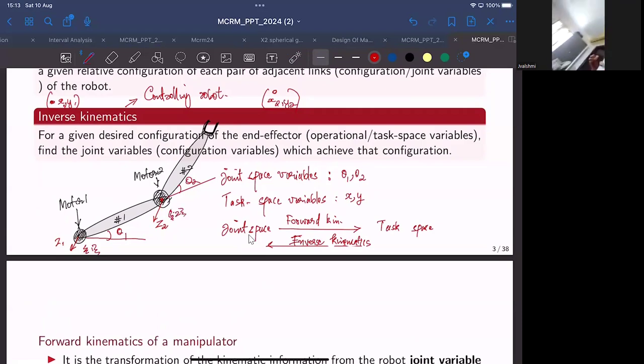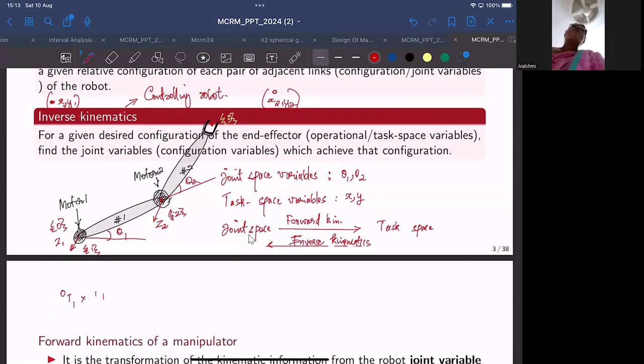And we would have two more frames. The third frame would be at the tip of this end effector. This could be frame 3. And there is also one more frame. We call it frame 0, which would be attached to the base. So the forward kinematics is basically nothing but the propagation of the transformation matrix all the way from the 0th frame,